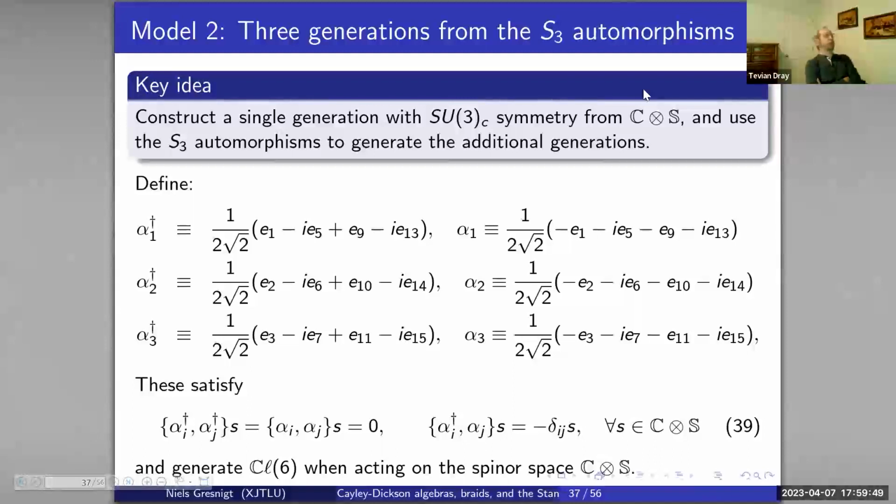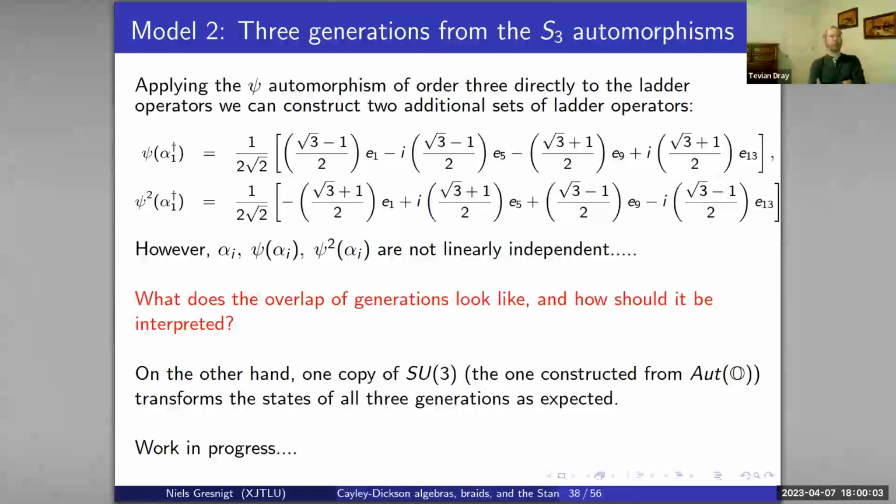From the point of view of the work that Corinne and I did with Rob Wilson, published last year, Niels pointed out that at the time we were interpreting our work as describing 3 generations of leptons. I would say at the moment we would be more inclined to describe it as 3 generations of quarks, because of the way that E6 with the exceptional Jordan algebras sits inside E8 with a color symmetry. What the role of the actual eigenvalues would be is something we do not have an answer for.